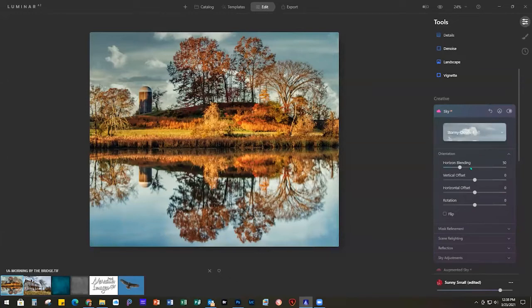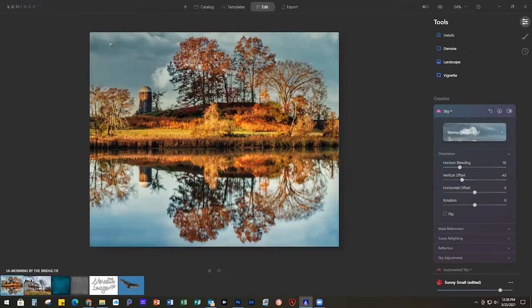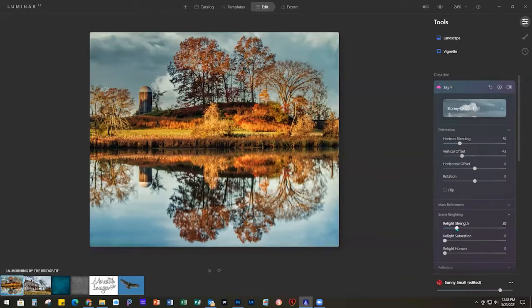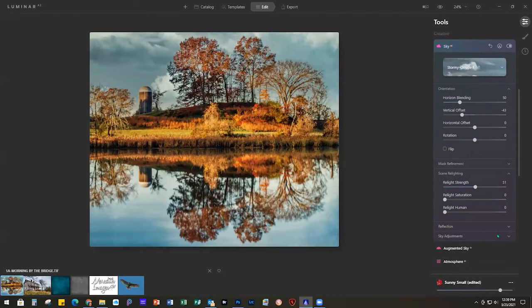So this one, I'm going to start here, and I did want to adjust it a little and bring the clouds up. So I'm going to go into the orientation, and my vertical offset I brought to like -40, so we could bring down some of what was hiding up at the top there. I wanted to see that line of clouds. There it goes. And then the relighting, I went down here and I upped that strength just a little bit more to really bring out those fall colors. Yep. And what that relighting is doing is it's matching the lighting of the scene to the